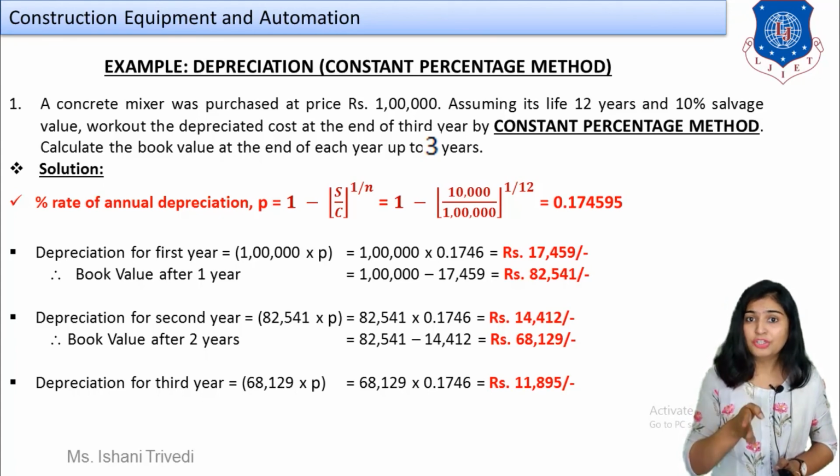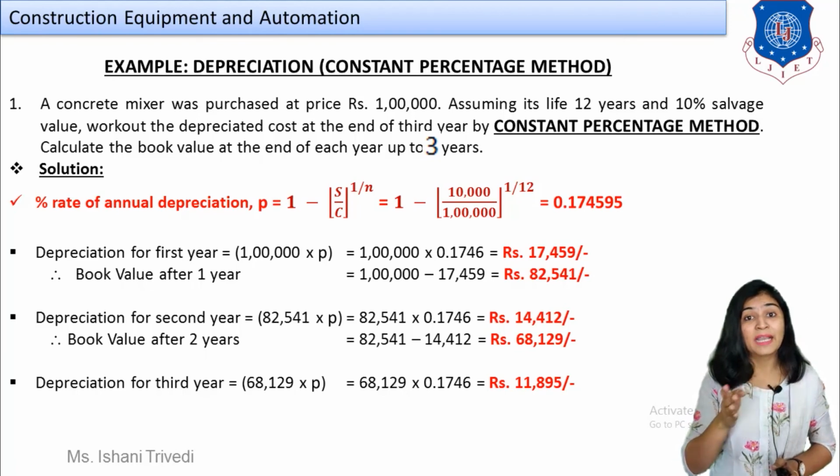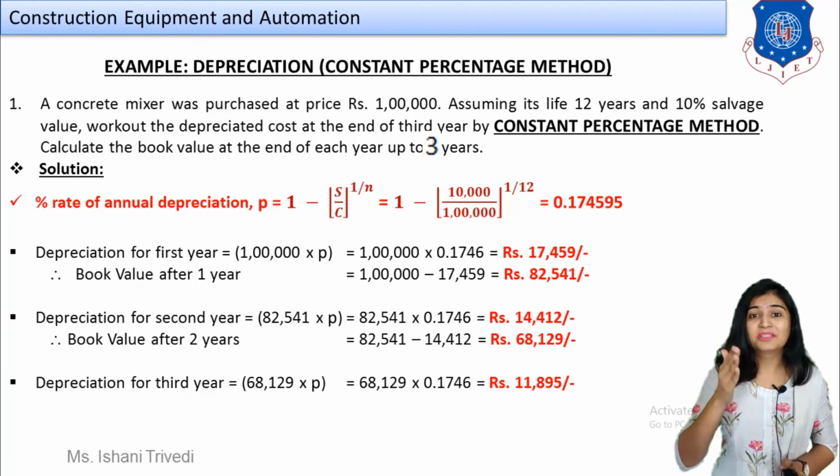This method told you that at the initial level your depreciation is going to be very high. It will have a very higher rate. This is the example in front of you. You can see how it is declining at a very faster rate.